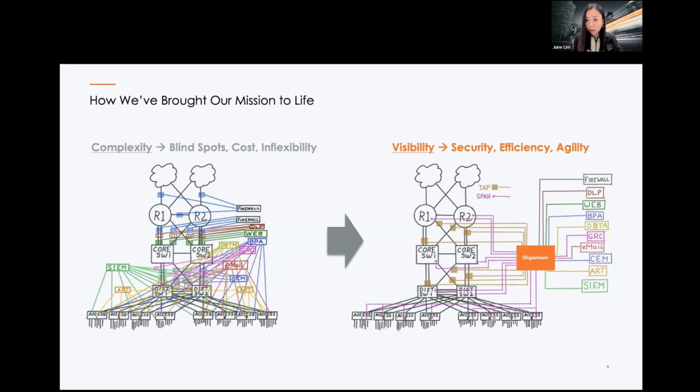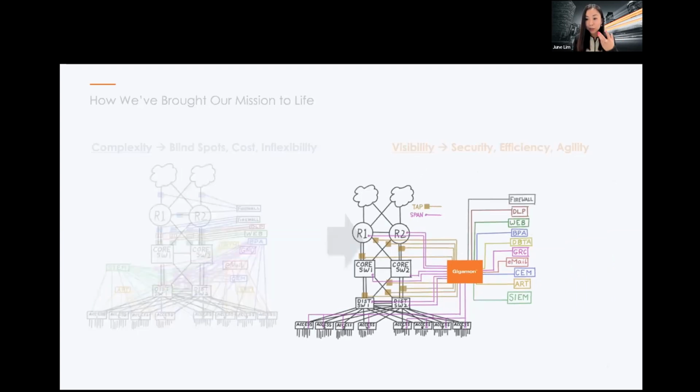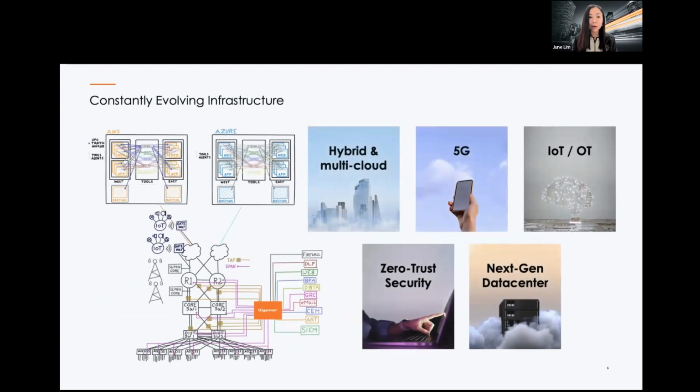We connect the network to your security or monitoring tools, such that your tools do not need to touch the network directly anymore. Just go to Gigamon and choose the traffic that you need. So that is what we did for the physical side. Some of you may already have Gigamon on your network and may be very familiar with this. We actually changed the game when it comes to security.